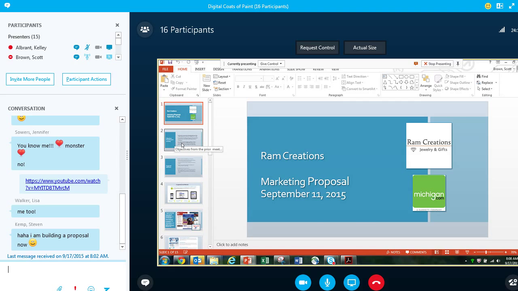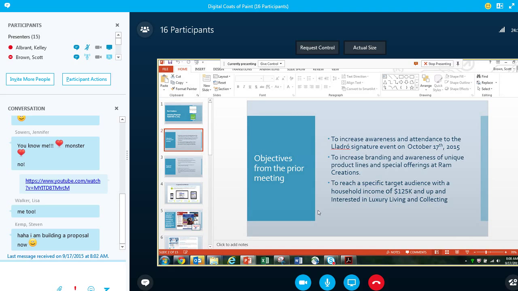When I was talking about objectives, typically when you're doing a needs assessment and you go in to meet that client with a proposal, what's important is to really reiterate what you discussed, so the client knows that you heard what they were saying. So putting together some objectives from that meeting so they know that you heard them is really important. I usually try to do 3 or 4 bullet points. If you can pull a